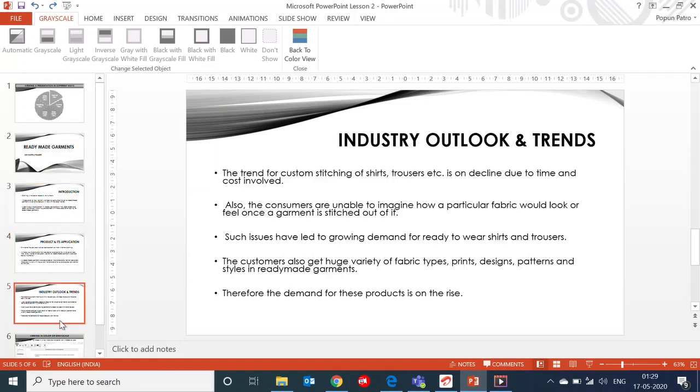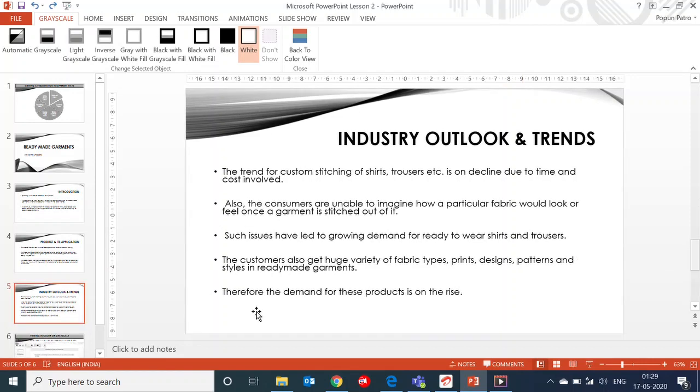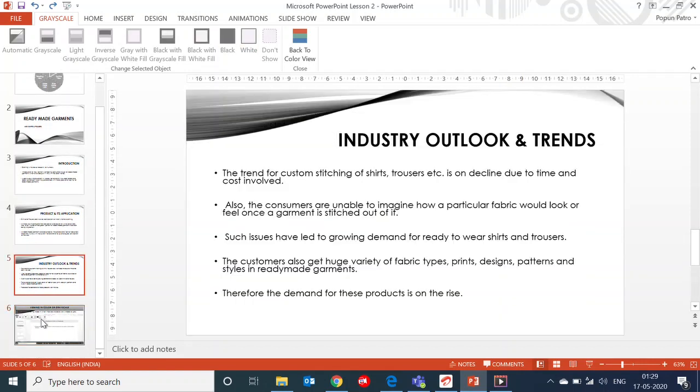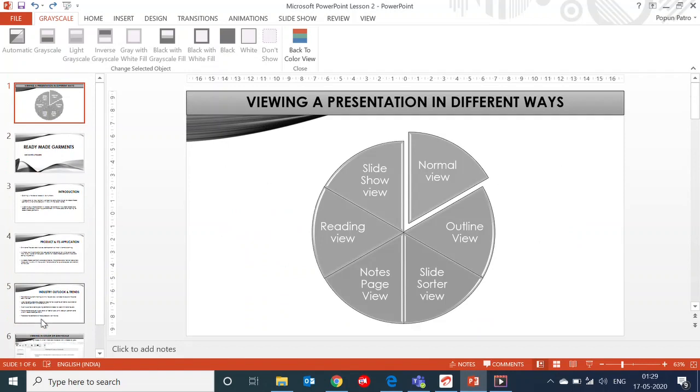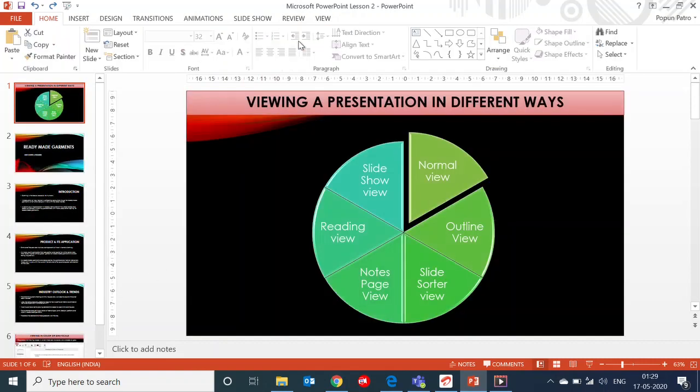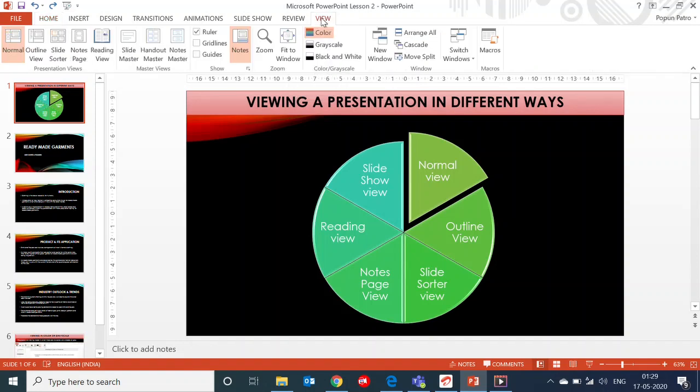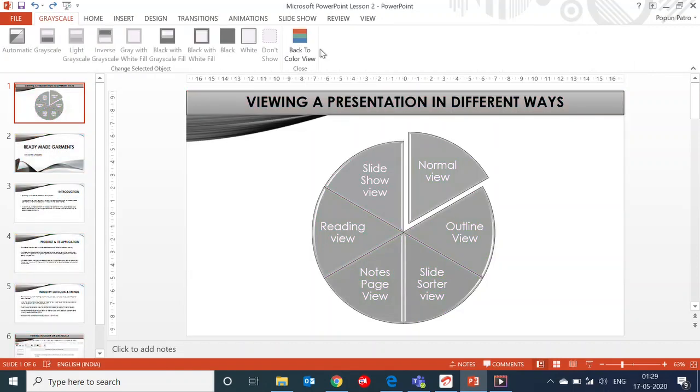All slides look like black and white. If you want color again, then there is an option, back to color view. Click on that. All slides are colorful. If you want grayscale, then click on grayscale. All slides are black and white.